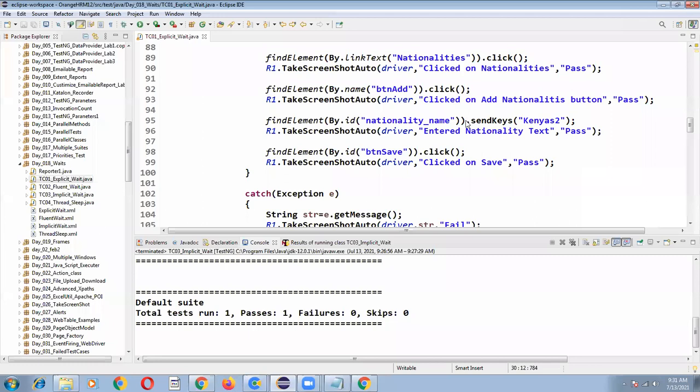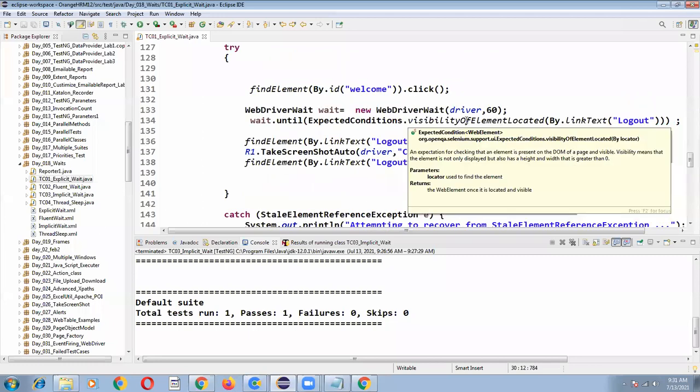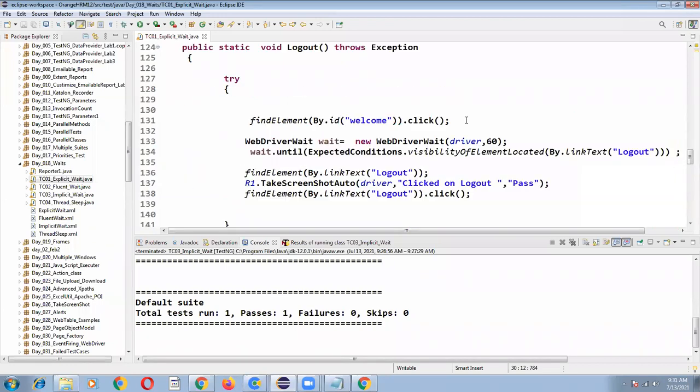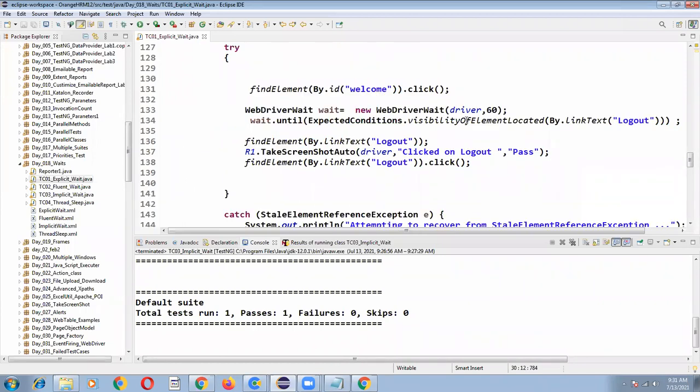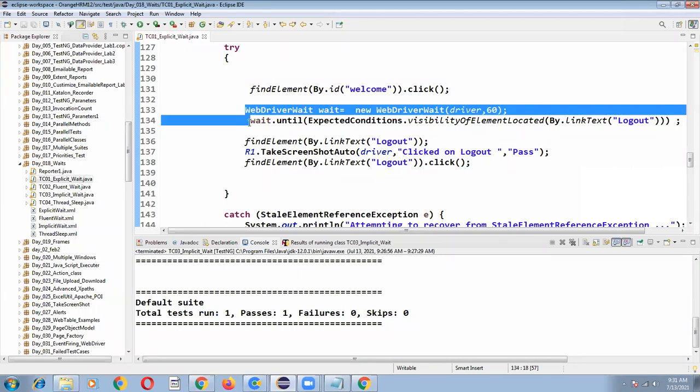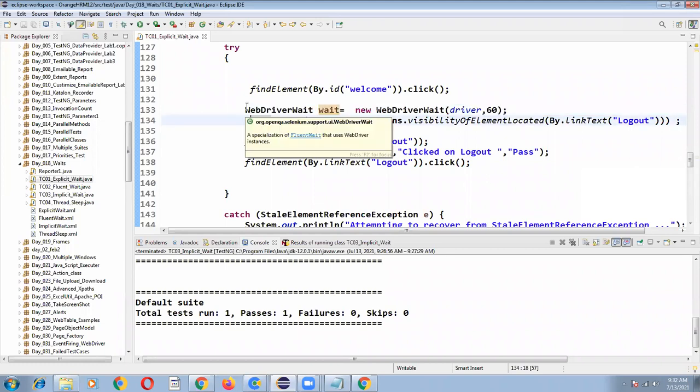In such a case, it will throw a NoSuchElementException, because that specific web element is not loading within the default implicit wait. So I need to handle that specific web element using explicit wait. That means I have to give some extra time so that the web element will be loaded.